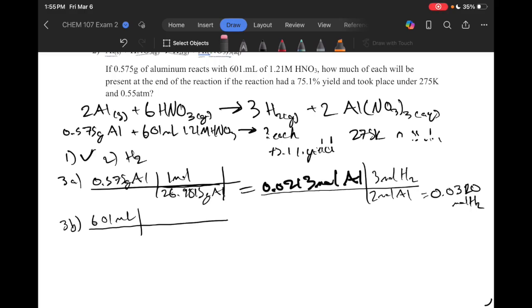So one liter of solution is the same as 10 to the 3 milliliters of solution. So that's going to give us our liters of solution, and we recall that liters times the molarity is going to give us the moles of the solute. So we do that,